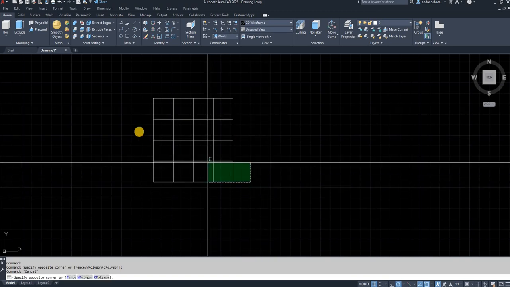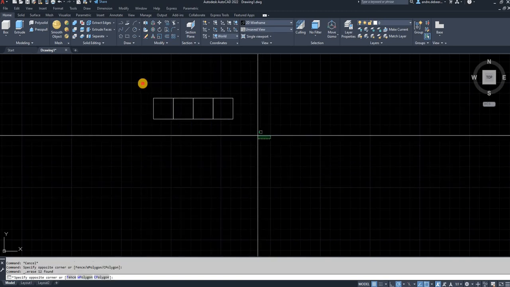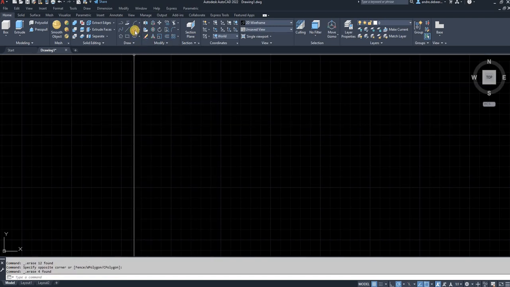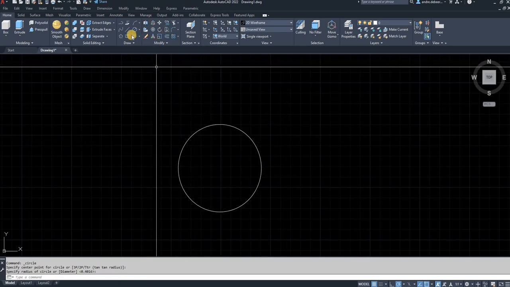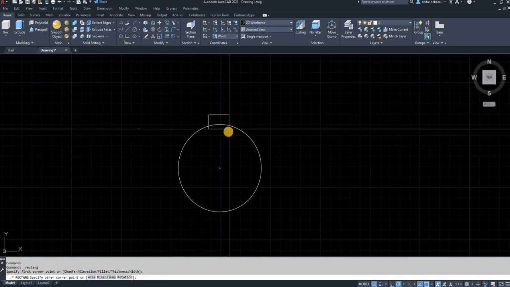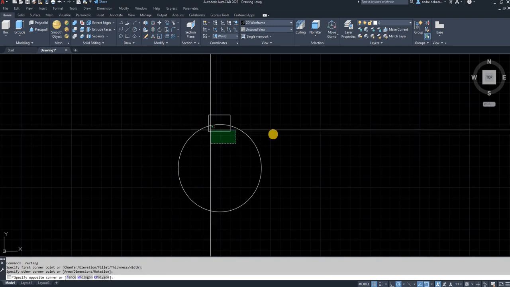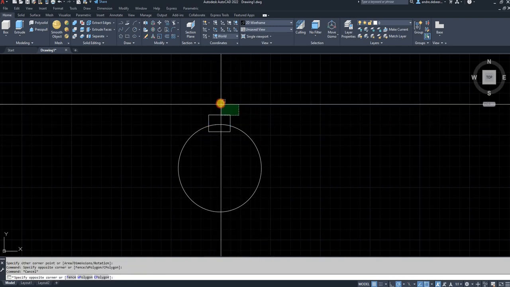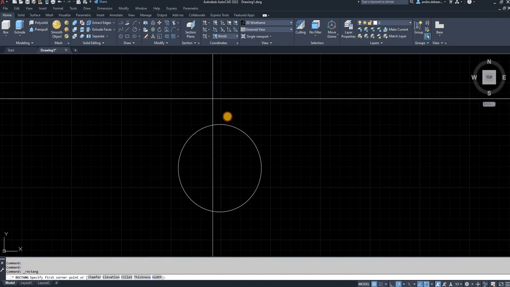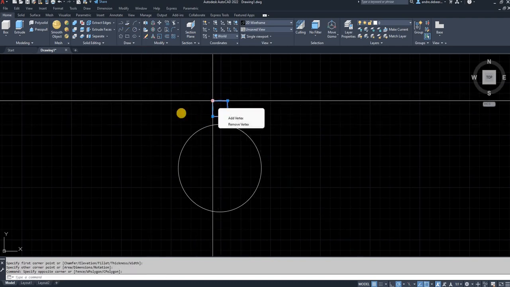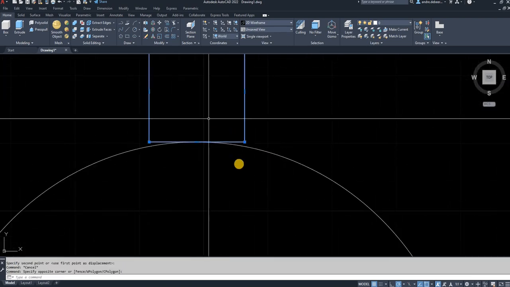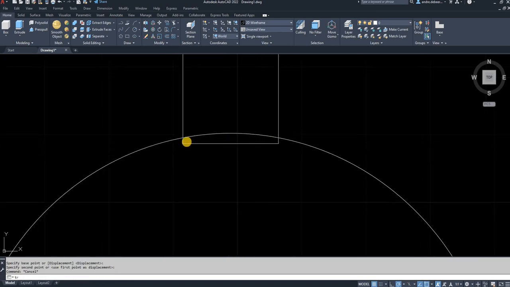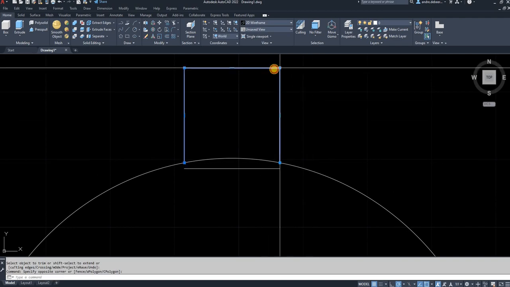So the next one I'm going to show you is going to be the polar array. So this is quite useful when drawing, let's say, gears. So I'm going to draw a circle, just a very basic gear. Well, it's not going to be very accurate, but just to show you how it works, I'm going to draw a block again and move it to that point of the circle. Just move it down a bit, trim off the extra pieces by hitting TR and enter, and just move this